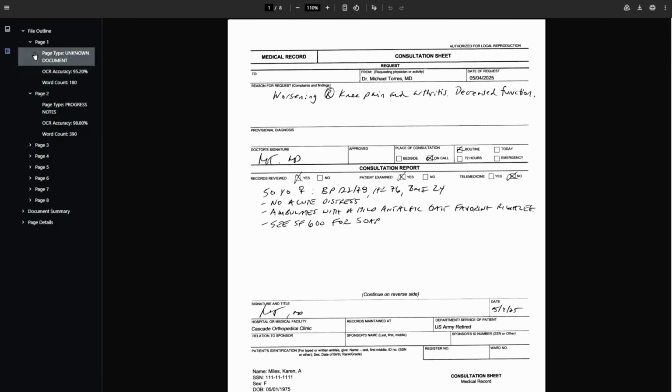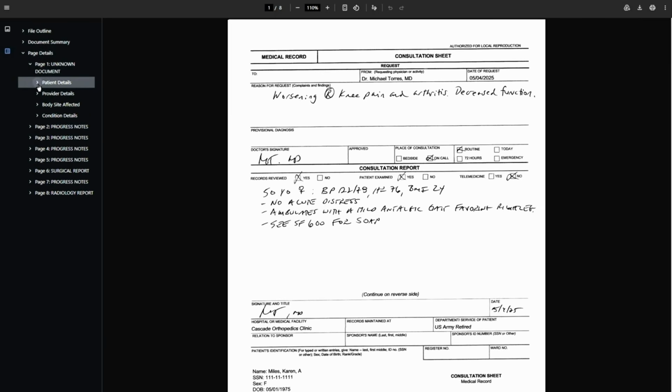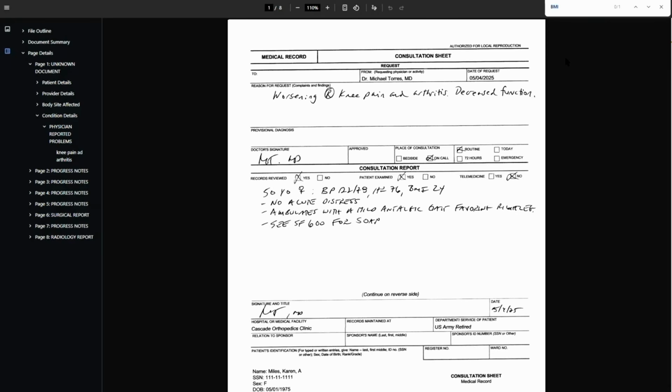You can also take a look at the actual information that's been extracted, and we hyperlink this to the page from where it's found. On this first page, we're looking at condition details that have been reported by the physician. It's showing knee pain and arthritis, and there it is in the text. So that's where we're getting that from. And then I mentioned that we overlay the searchable text layer. There's a little drop-down search box in the upper right. I'm searching for BMI, since we were looking at the BMI level earlier, and I can double check that it is accurate based on the data in the actual medical record.